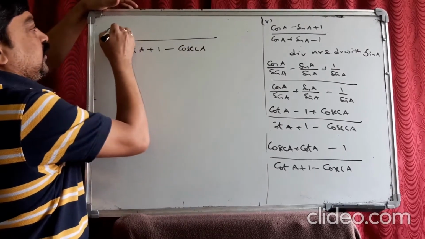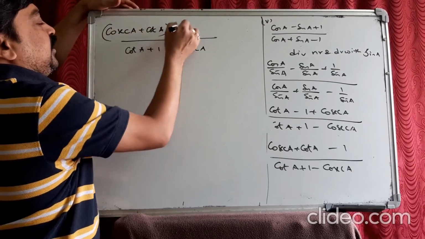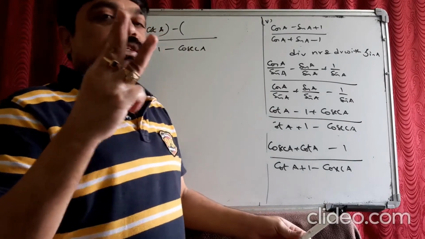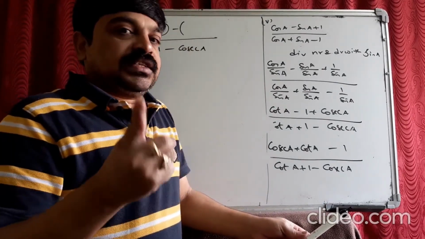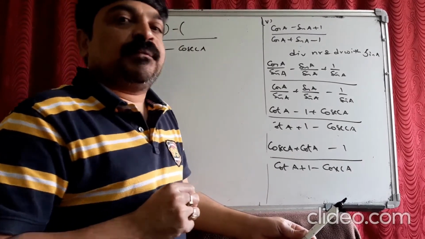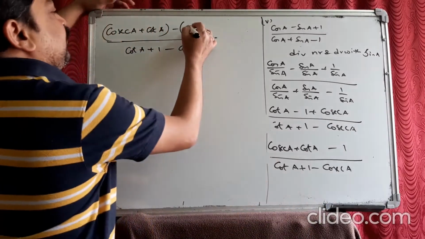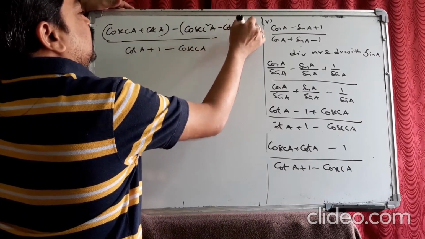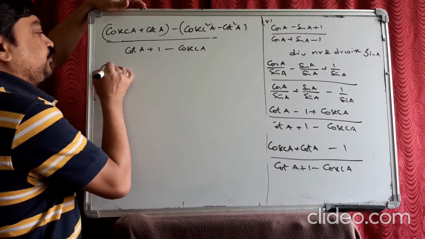In the numerator, you write the first two terms in a bracket and instead of this 1, we write an identity. We have three chances actually to write the value of 1. One is sin square plus cos square A is 1. Secant square A minus tan square A is 1. Cosecant square A minus cot square A is also 1. Here we write the third one, cosecant square A minus cot square A, because the whole problem is in terms of cosecant and cot.